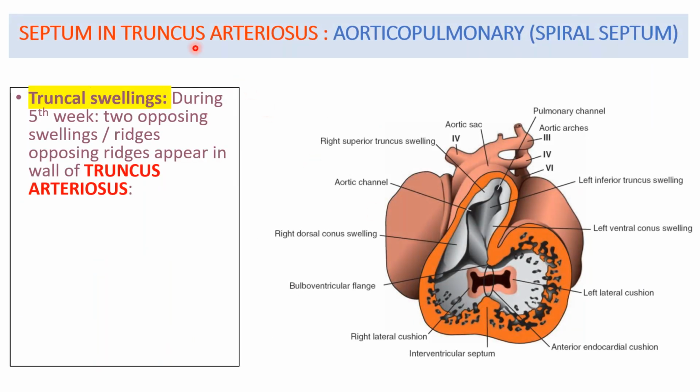So we begin with the first part. This is the distal part of the bulbus cordis, which is the truncus arteriosus, and the derivative of the truncus arteriosus was aorta and pulmonary trunk. So aorta and pulmonary trunk are both divided channels, as you have seen in the adults also. There is a separate aortic channel and there is a separate pulmonary artery channel. So a septum has to develop in the truncus arteriosus to separate the aortic channel from the pulmonary artery channel. So for that, what happens